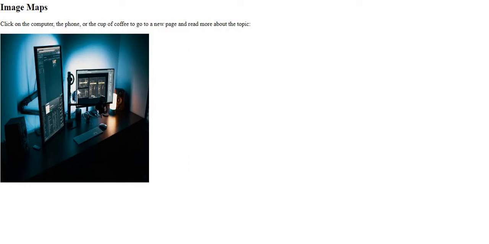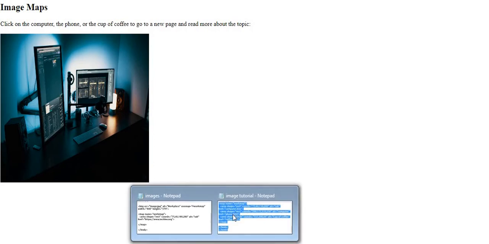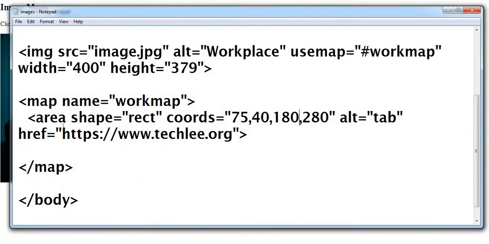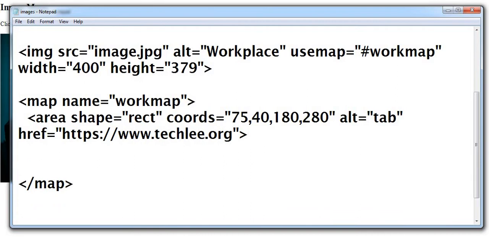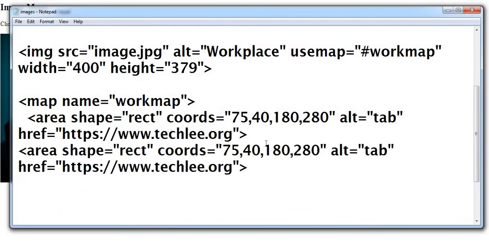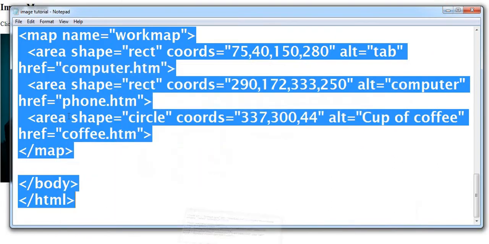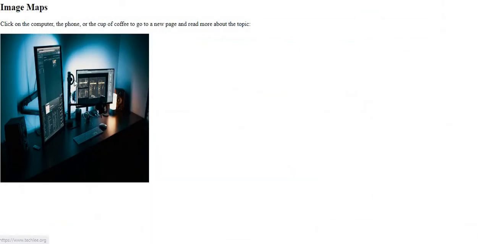Now we can do this with the second image as well. Like this image is of a computer, so this is also a rectangular area, a computer in the image. Like this we can give the coordinates, and now from the left we need to give the area, the pixels. Till here it is 180, so we can assume till here it will be 200.